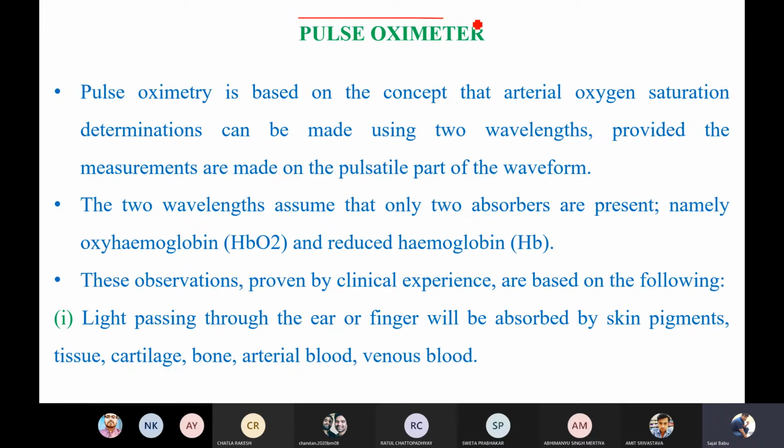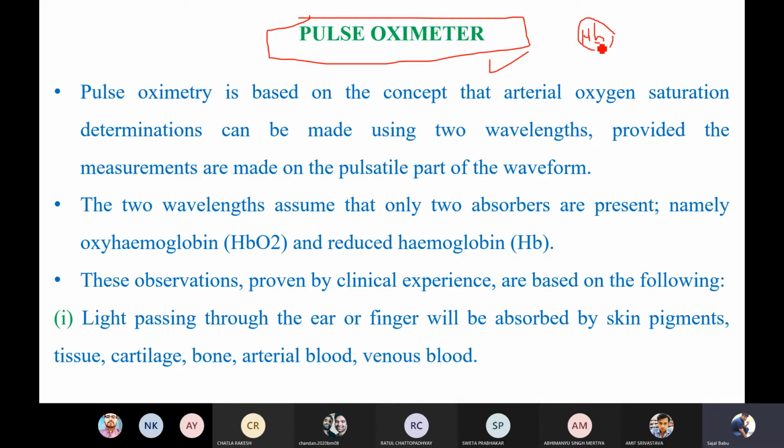So today we are going to discuss the pulse oximeter. The main purpose of this pulse oximeter is to measure the oxygen saturation level in our body, right? Mainly it is going to measure the oxygen saturation in the blood. As you know, our blood contains a protein known as hemoglobin, right? So we have a hemoglobin protein in our blood.